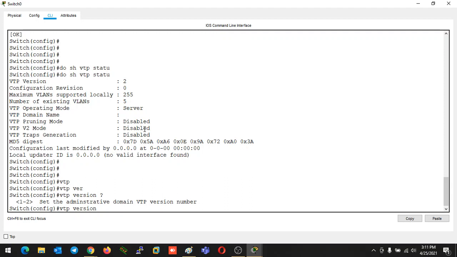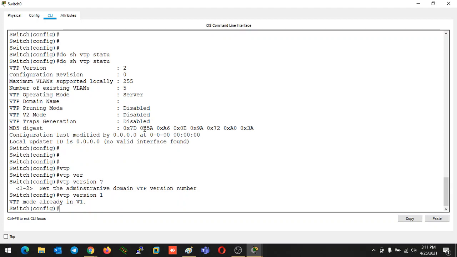There is a limitation in Packet Tracer, because Packet Tracer is basically for CCNA level only. That's why you are only able to see VTP version 1 and version 2. There is no option for VTP version 3, but on other switches and in real time you will be able to see VTP version 3 also.